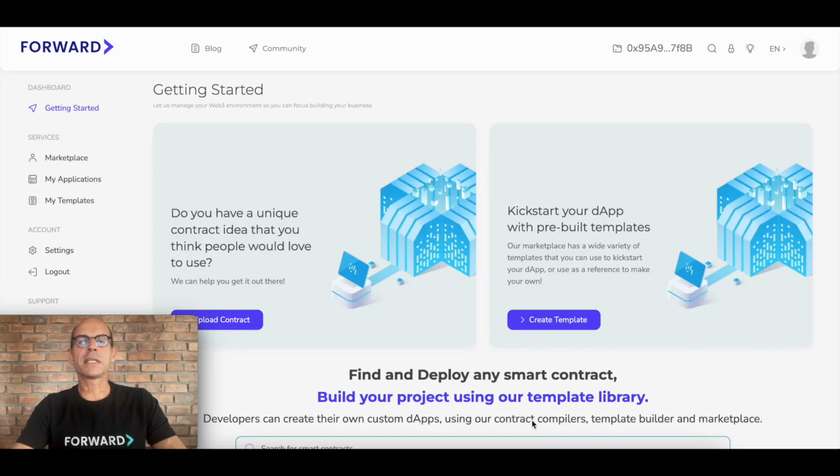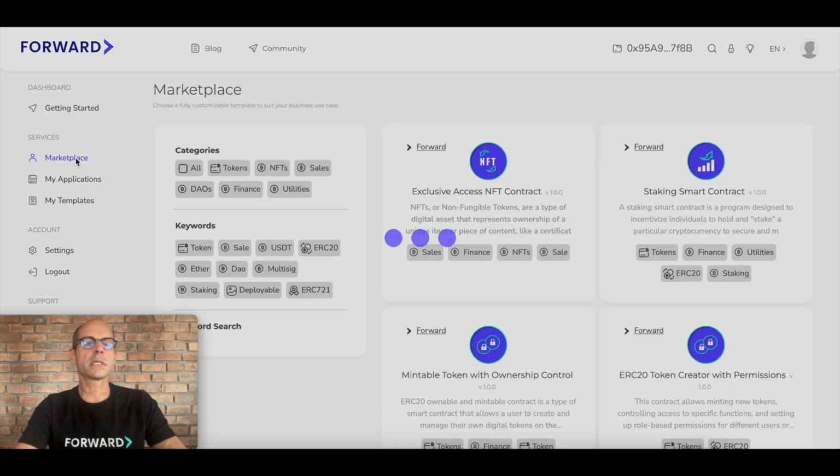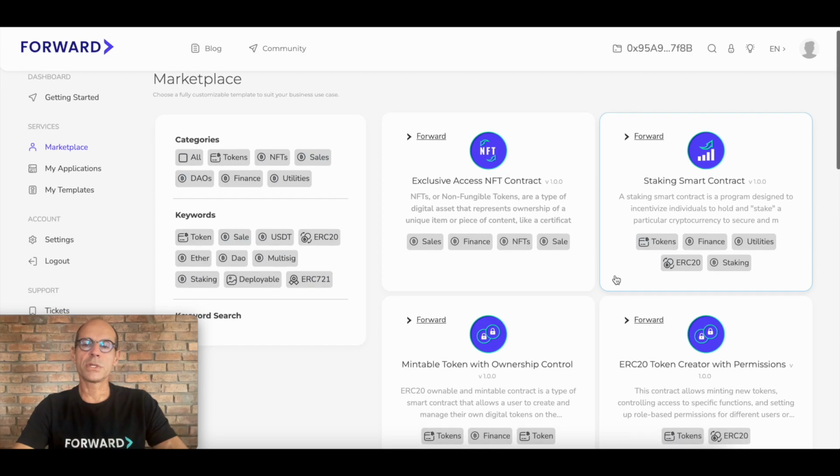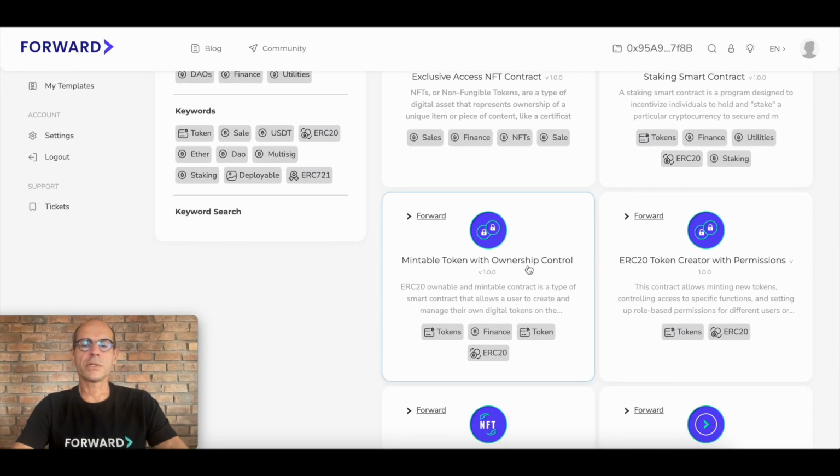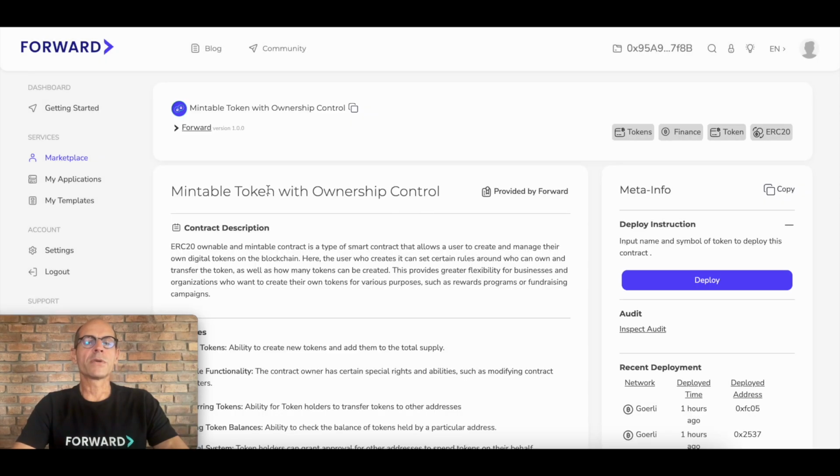Hi, I'm going to demonstrate how to deploy a Mintable token with ownership control. Let's head over to the marketplace. We'll see a list of the different templates that you can use to create different applications in your business. The one we're going to use today is this one over here, and we'll be able to read through the